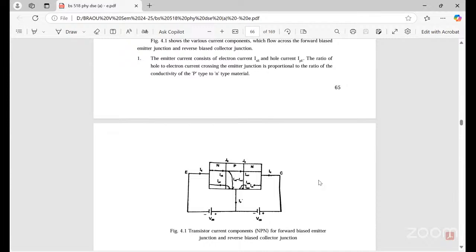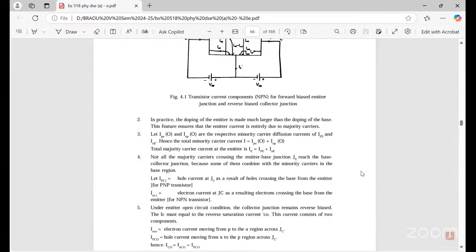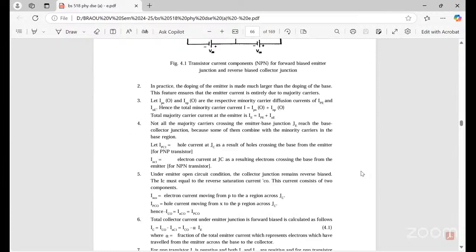Okay. In practice, the doping of the emitter is made much larger than the doping of the base. Why? Because then the carriers can easily move from the emitter into the base region across the emitter diode, that is, the emitter base junction. This ensures that the emitter current is entirely due to majority charge carriers. If 100% of the majority charge carriers coming from the emitter region enter the base region across the emitter base junction, or the emitter diode,